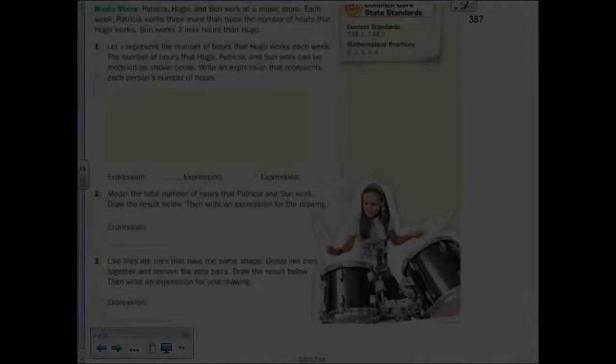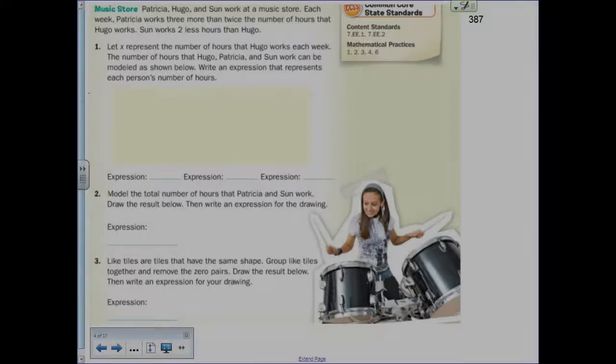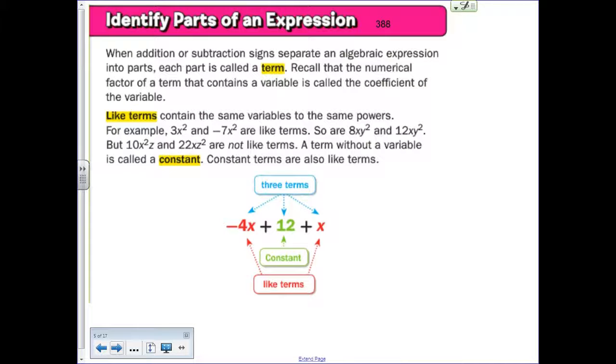Okay, today we are going to start lesson 5 on simplifying expressions. This starts on page 387 of your textbook. But before we can do that, we need to identify the parts of an expression. And I've already talked about this a little bit in class about what are the different parts of an algebraic